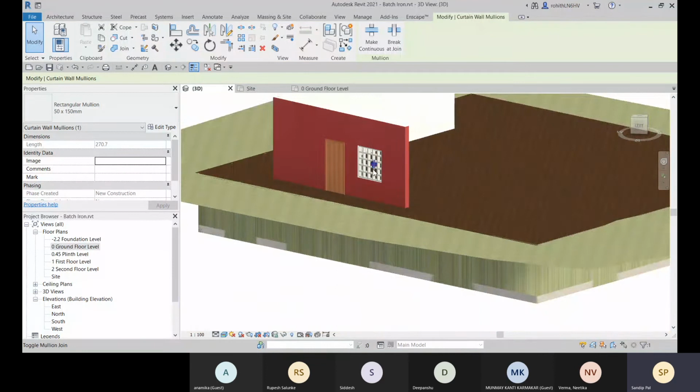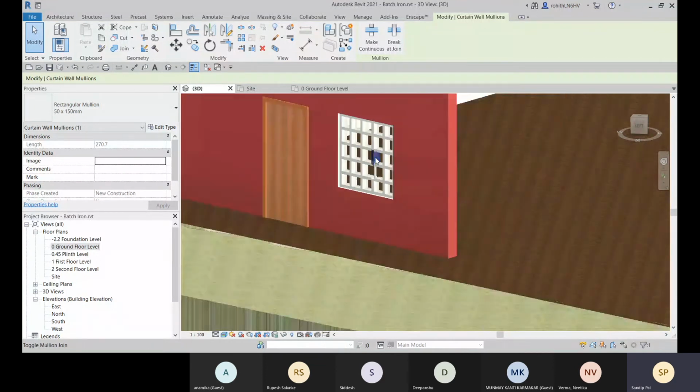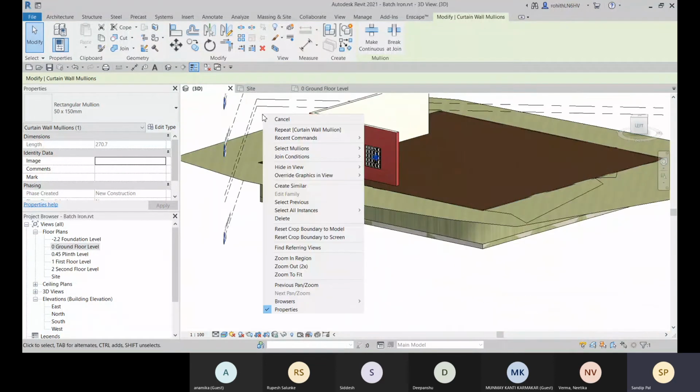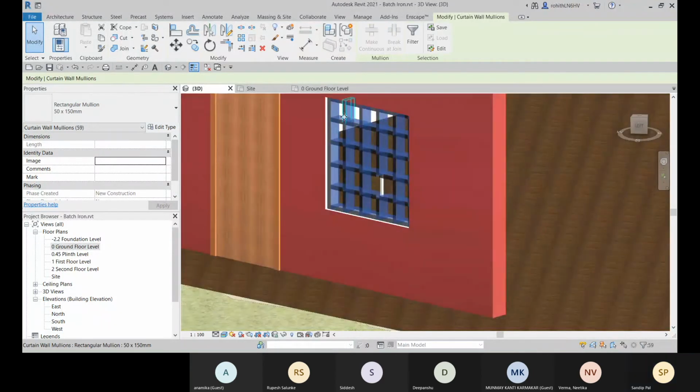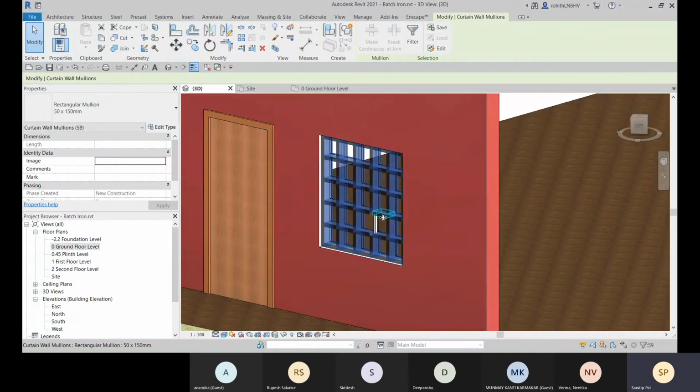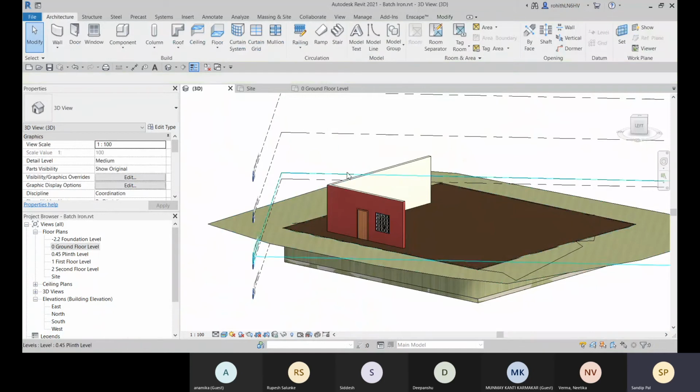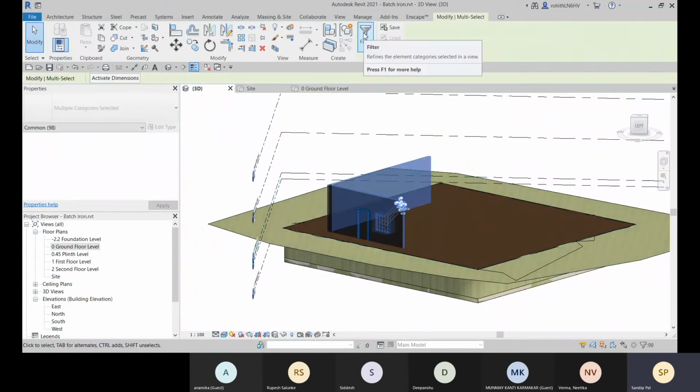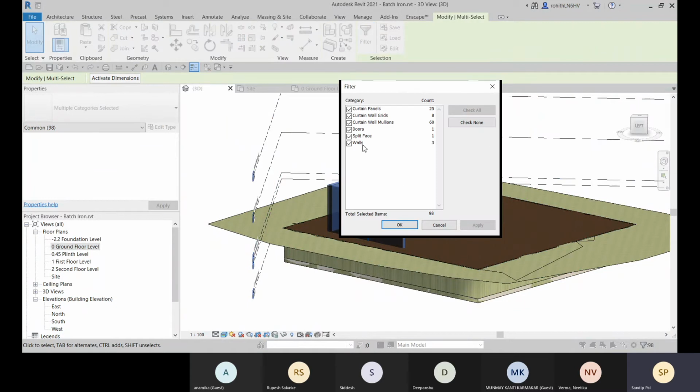So let me select this mullion over there, and then right click, go for Select All Instances in Entire Project. So within a single click, you can select it. This is one option, and another option is selecting like this way, and there you will find Filter, and you can filter out only the curtain wall mullions.